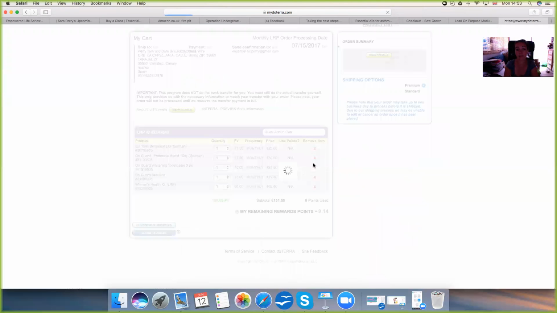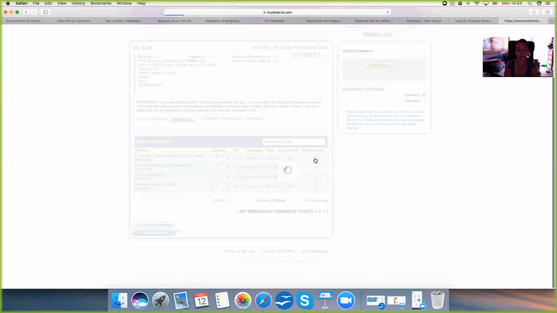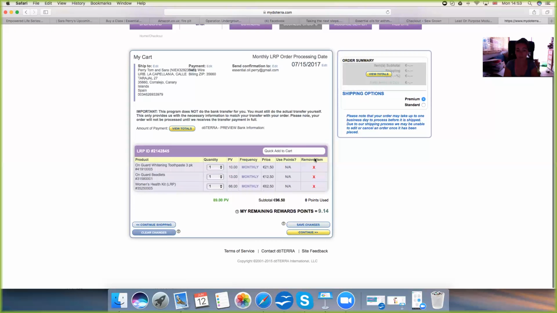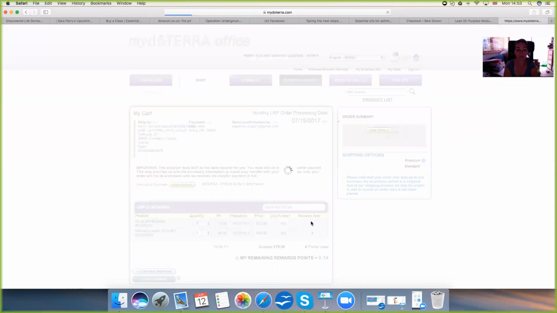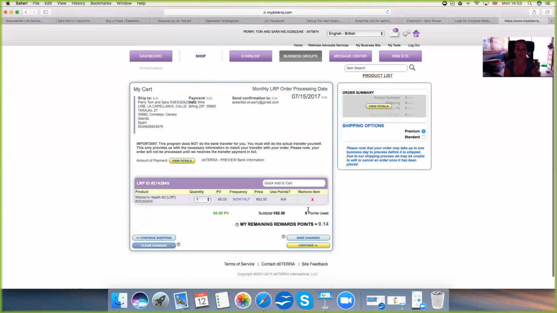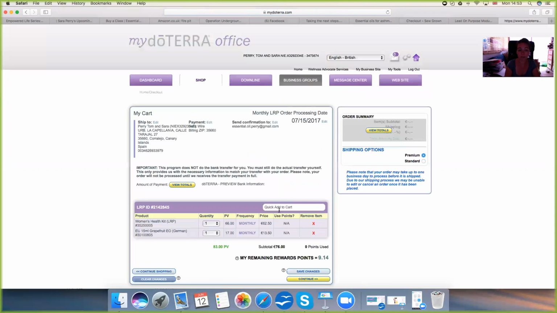So to get rid of them, you just click on all of them. And then when you get to the last one, I'm actually going to leave the women's kit because I do actually want to order that next month. And then I will add the stuff that I had in there. So I had a grapefruit. I wanted my LLV. So I don't know whether it'll appear as that. Okay, so not like that. But if I give lifelong,